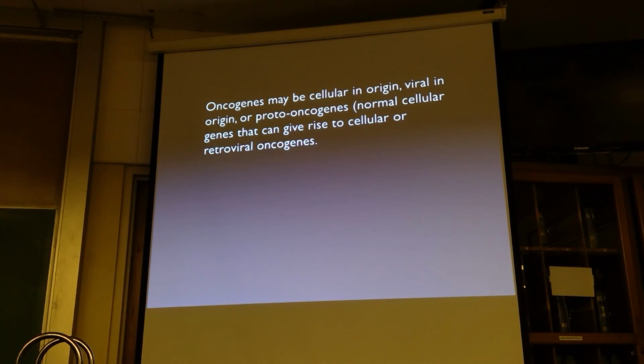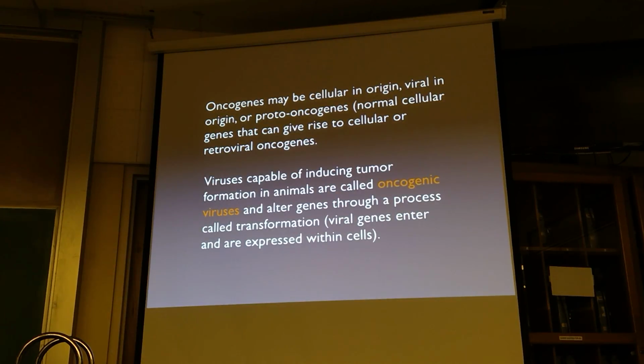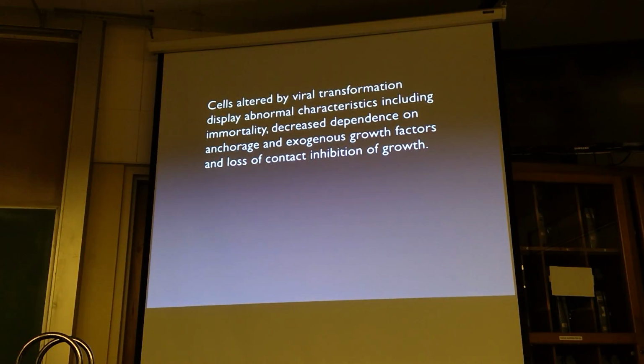So the oncogenes can be cellular in origin, they can be viral in origin. If they're cellular, they can occur due to mutation of the cells. The viruses can carry DNA in and change them and make them into oncogenes. And so there are a number of viruses now that are recognized as being oncogenic. That is, if you're infected with these viruses, they're likely to activate your oncogenes and cause them to form tumors. And tumor cells behave differently. So if they're altered, then,